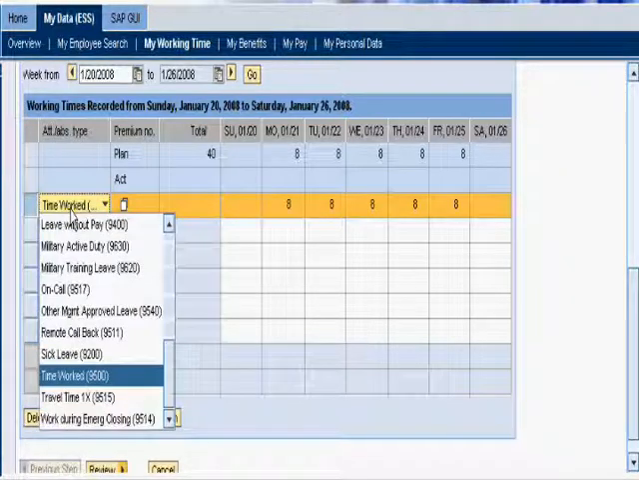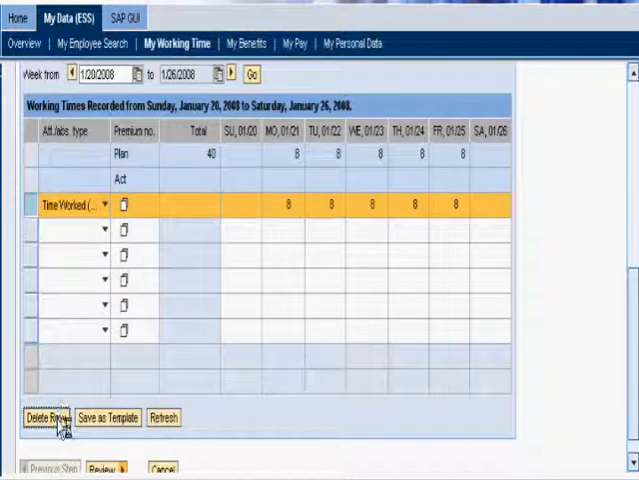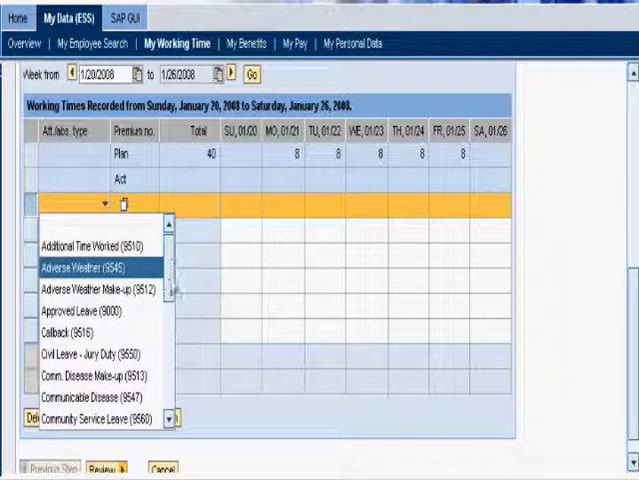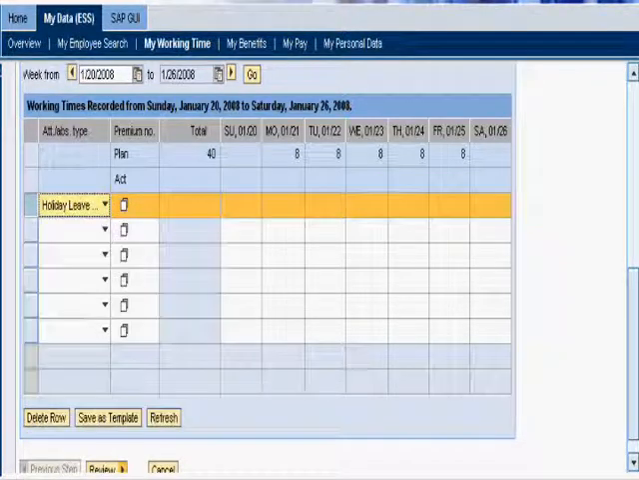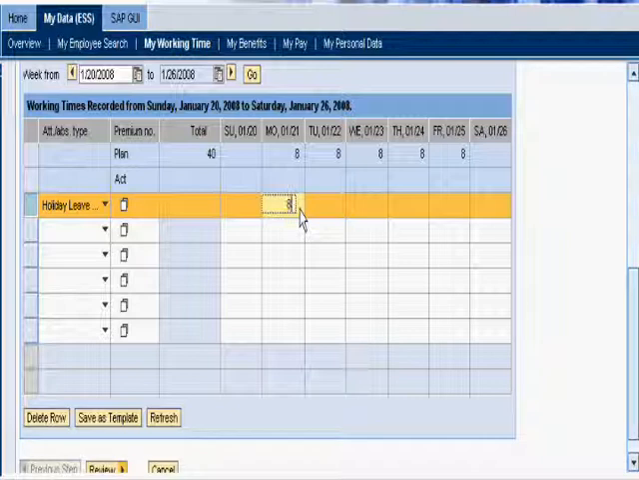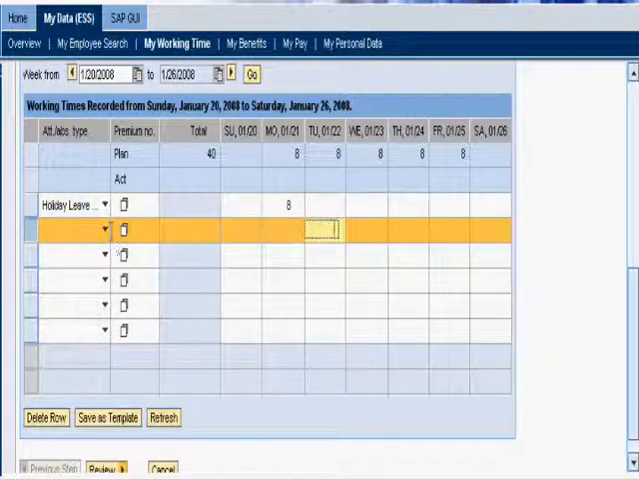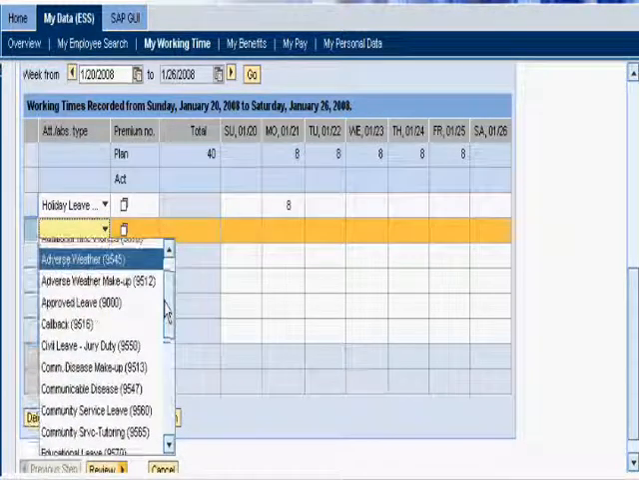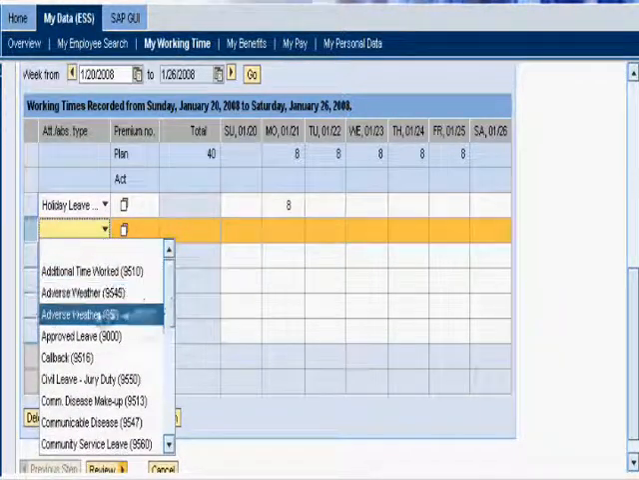If there were exceptions that week, for instance, the first day of this week is a holiday, the employee would enter for Monday, holiday leave, 8 hours. On Tuesday, the employee took an approved vacation day, so she would enter that as approved leave,